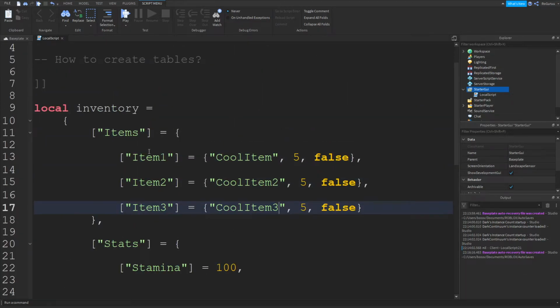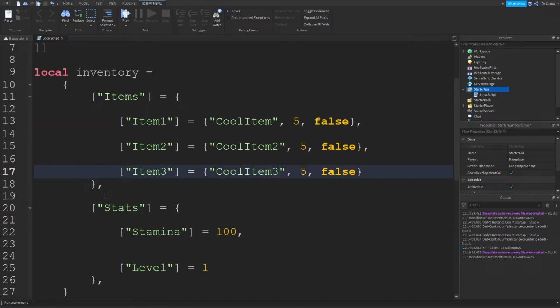So as you can see, combinations of arrays and tables will really let you create complex objects and let you really manipulate data in different ways. It's going to be really important in game development that you know how to use arrays and tables.